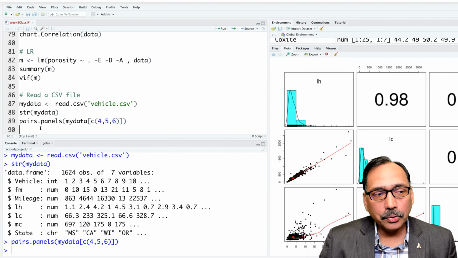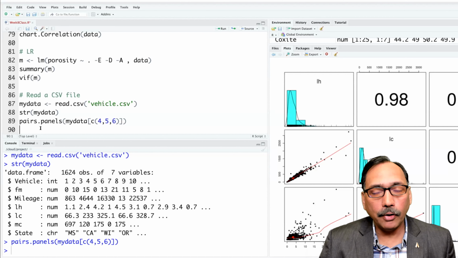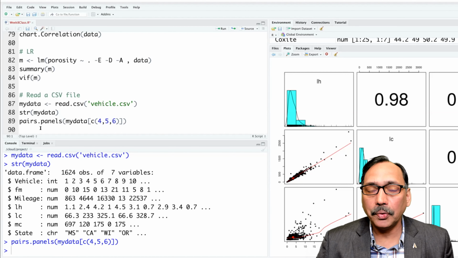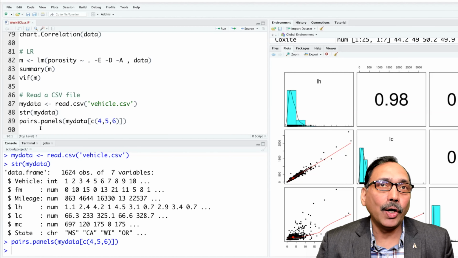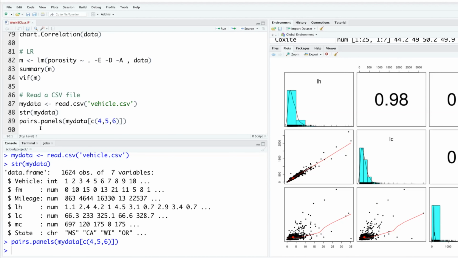Now suppose I want to study this relationship only for those vehicles which have mileage of more than 25,000 miles. So I can create a new data from my data, and with square brackets I can refer to rows and columns. The first number is always rows.